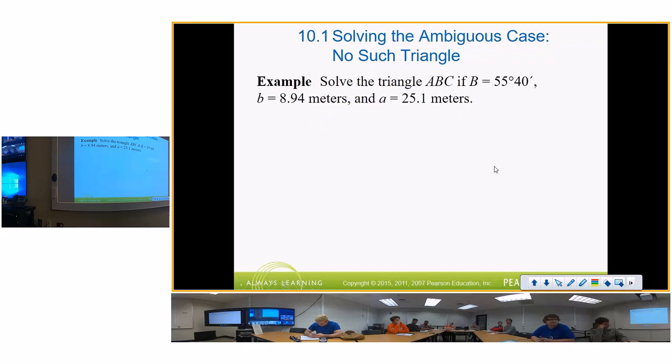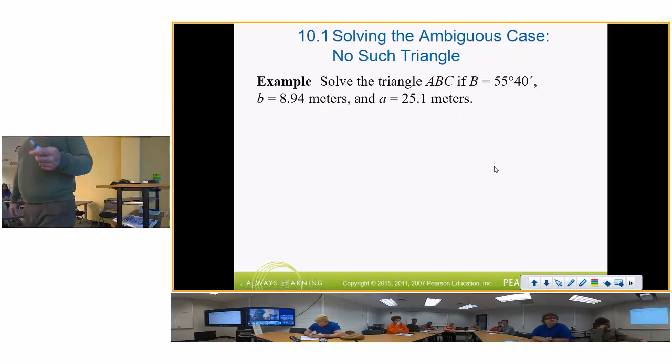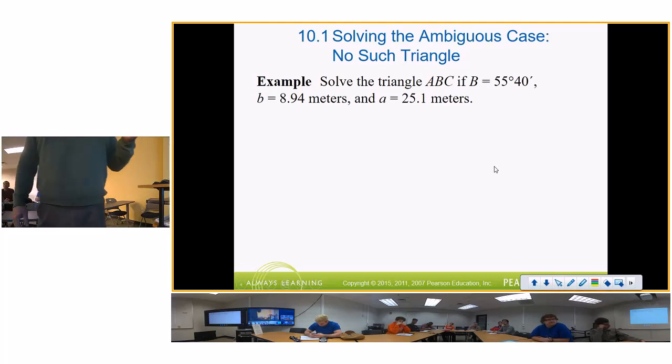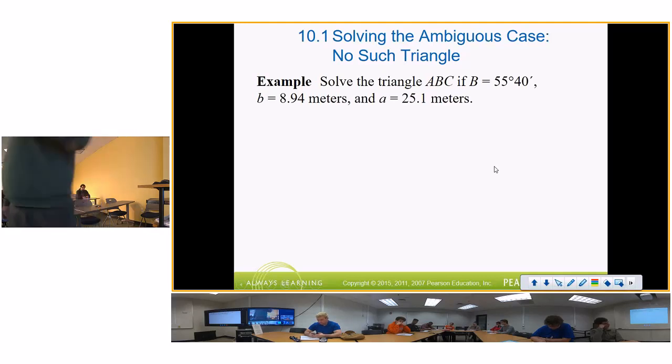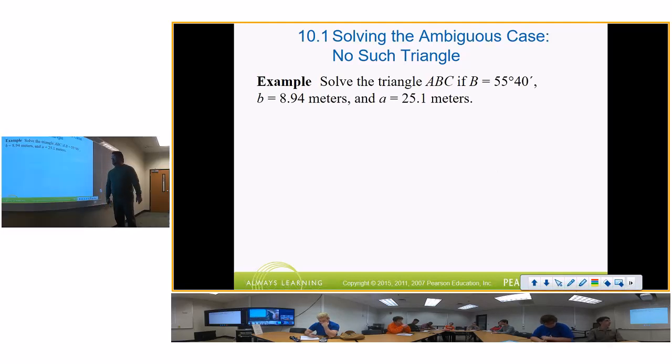Okay. Solve the triangle A, B, and C. If angle B is equal to 55°40', side B is 8.94, and side A is 25.1. So side A is larger than side B. So what in the heck are we going to do? Well, first of all,